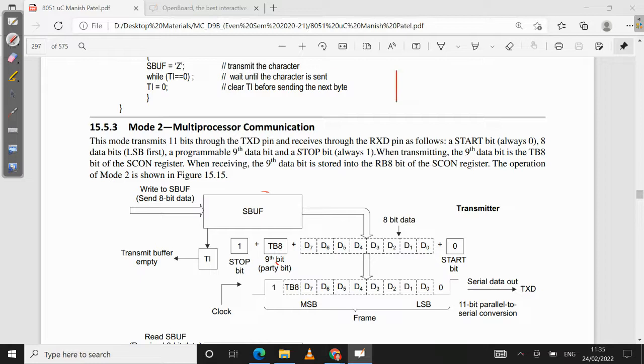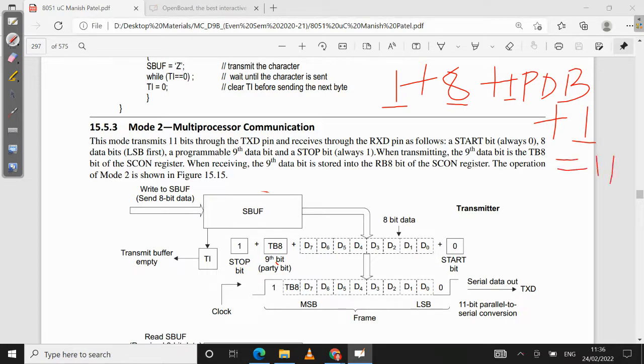The 11 bits are one start bit, 8 data bits, one programmable ninth data bit, plus one stop bit. Okay. So 1 plus 8 plus 1 plus 1 gives you 11. Now here during the transmission,